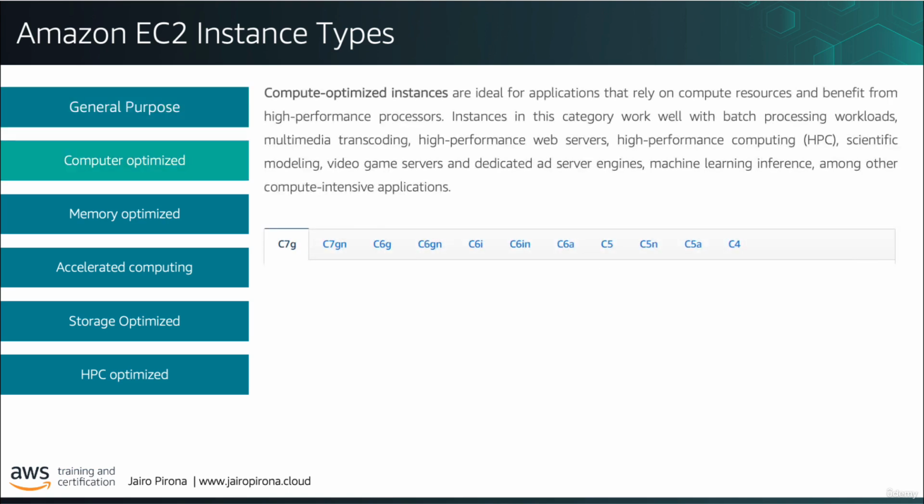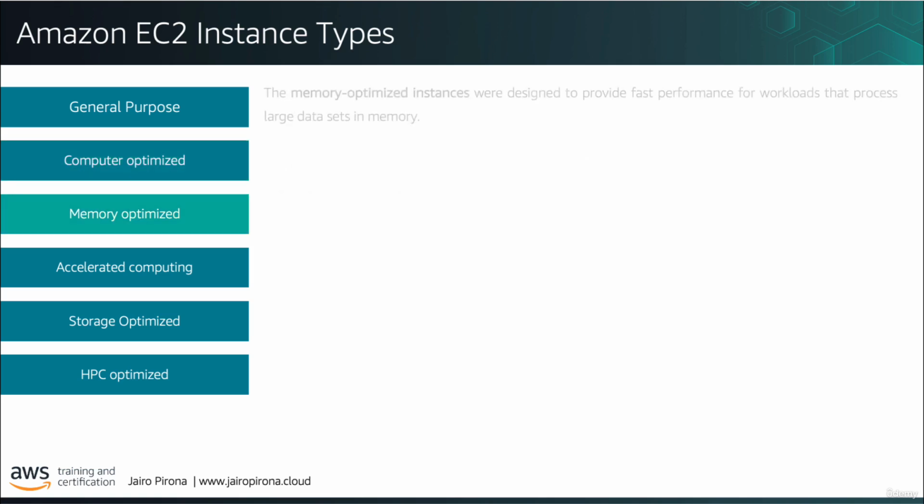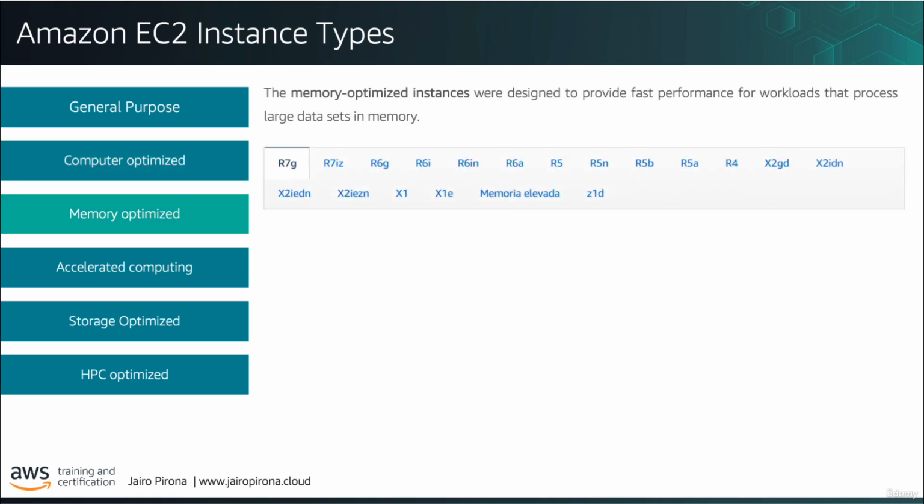Compute-optimized instances are designed for workloads that require high performance in batch processing, media transcoding, high-performance web servers, etc. Memory-optimized instances are designed for applications that require large amounts of memory, such as databases, distributed caching, and business intelligence applications. For example, imagine you have a database that requires large amounts of memory to function properly. A memory-optimized instance type would be a good choice, as it provides large amounts of memory to run your database